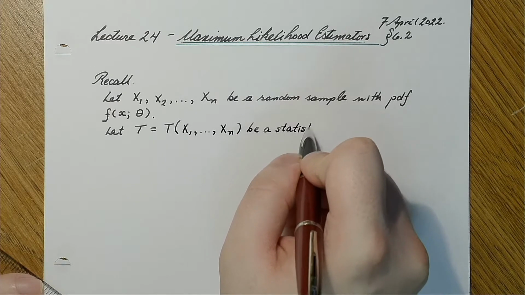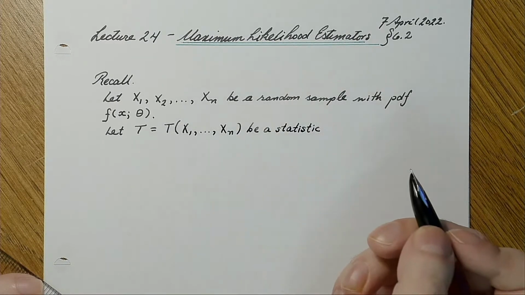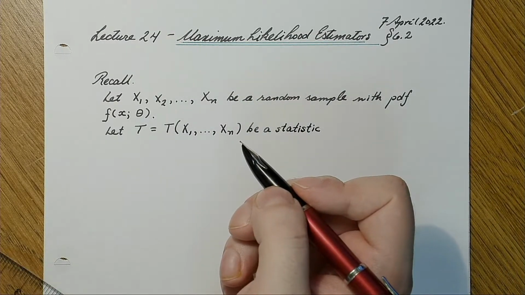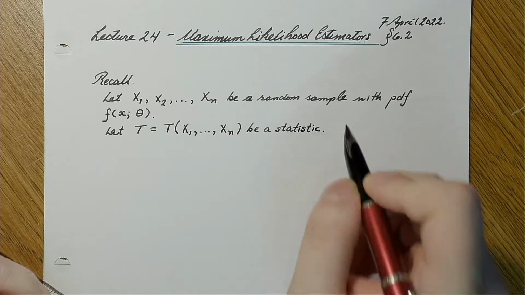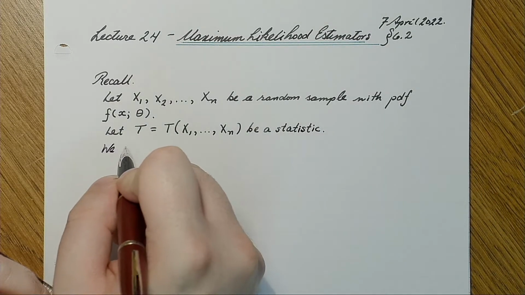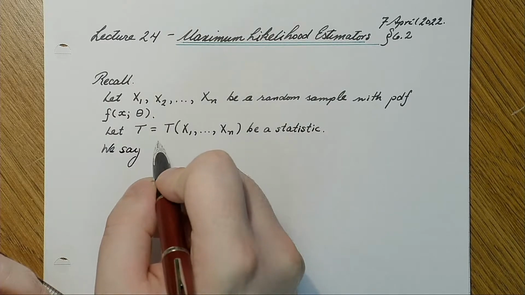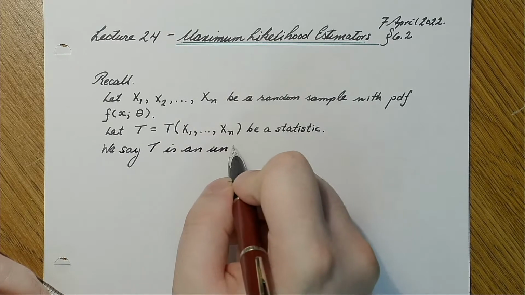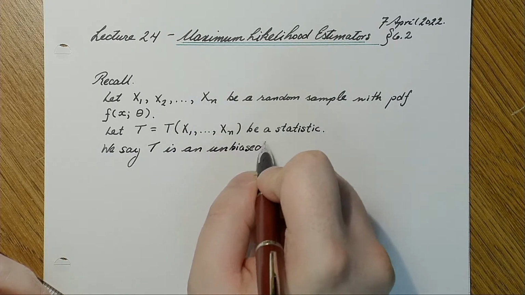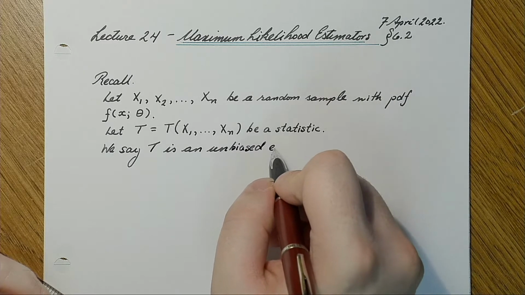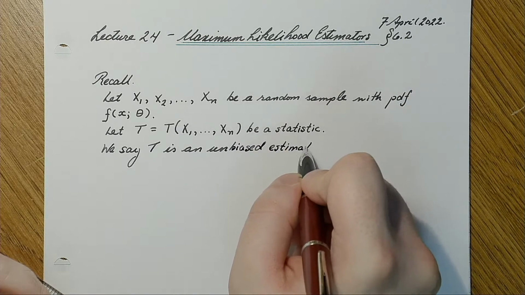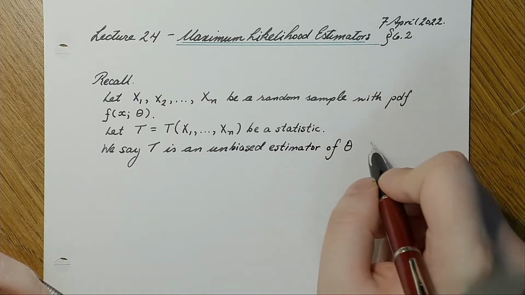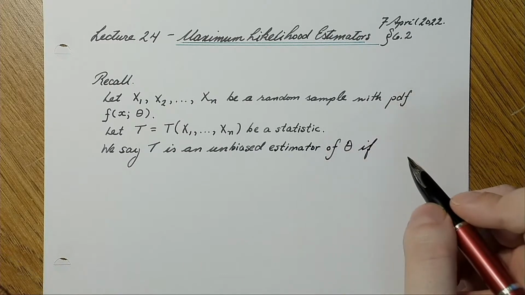Again, remember, a statistic is just a function that takes the sample and outputs a real number. So we say that t is an unbiased estimator if